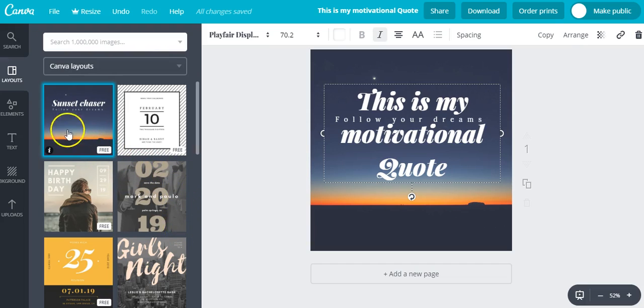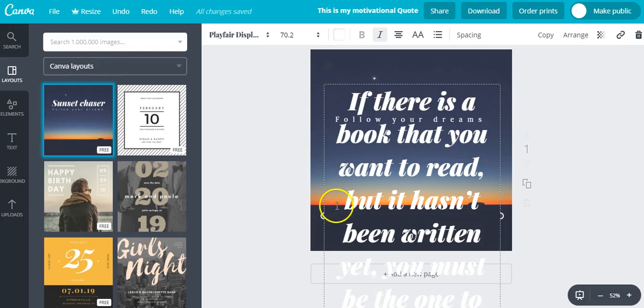But in this case here, there's no price tag on it, so I'm going to choose this one, and I'm basically going to do a quick motivational quote for social media. So I'm just going to, as I said, double click in the text box here and then open it up. I'm just going to paste in the quote on reading in this section here. So this was a quote I had found online,